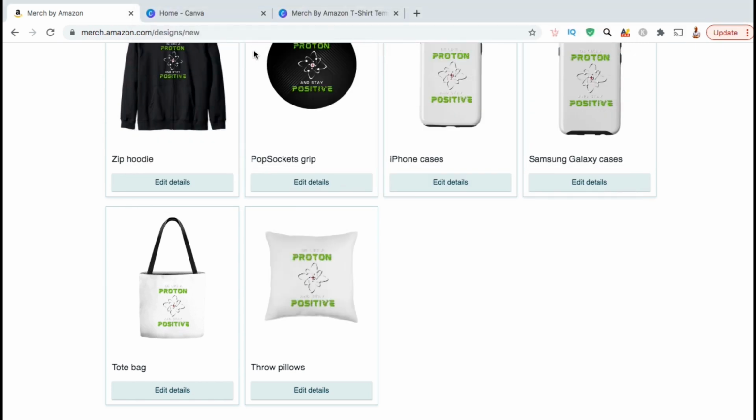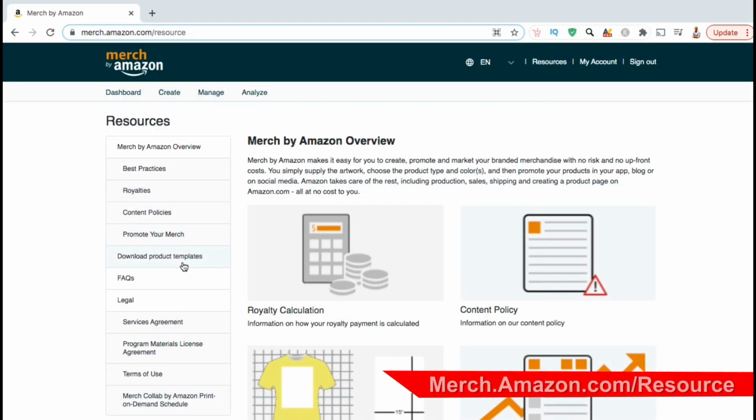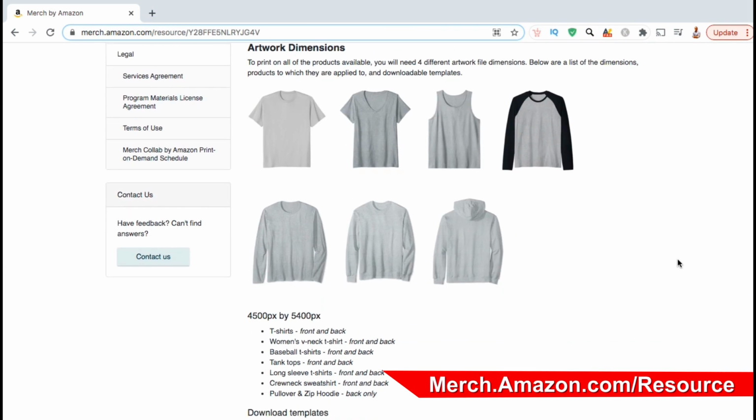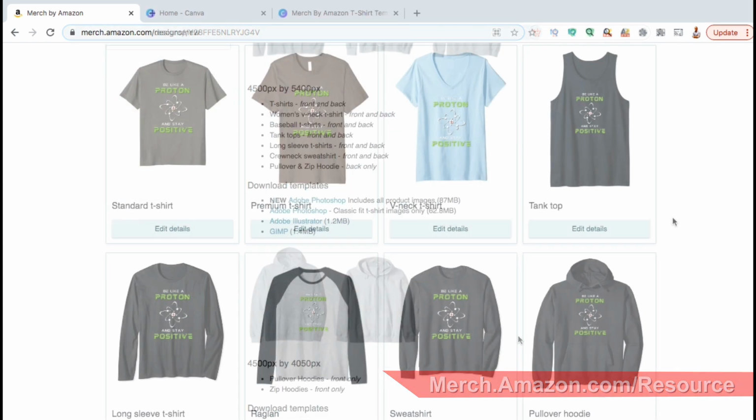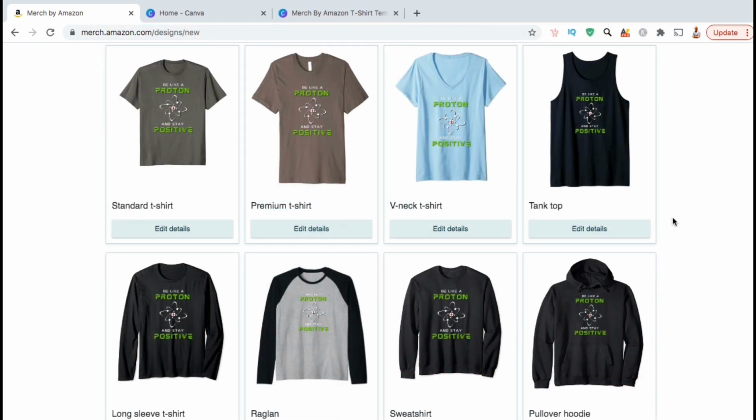If you need help exporting your designs with the proper dimensions for each product, you can go to merch.amazon.com/resource to view all the proper dimensions and download the product templates. Now that my design has been added to all of my products, we can now move on to the next tip,